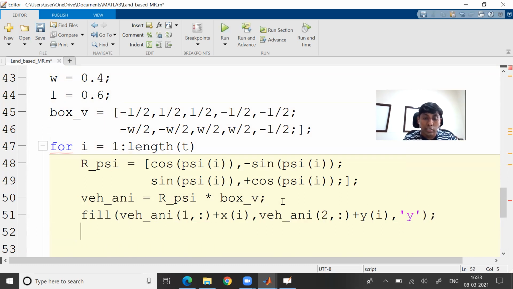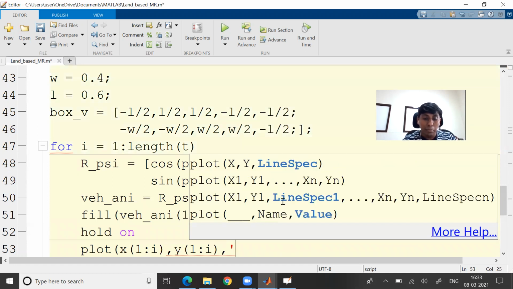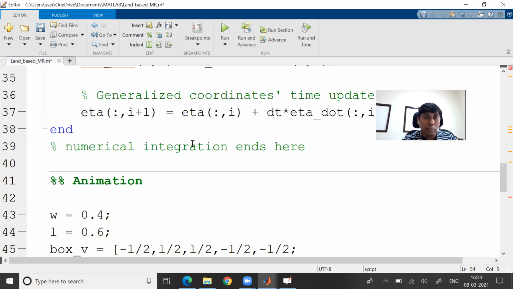I want to show that it has the profile of the center, or you can say the time trajectory of the CG point, how it varied in the XY plane. So probably I can add that. So plot X comma Y. That too, I will plot from 1 to I, so that it would plot only up to the instant till which we have run. Okay, so that I'm putting in a blue color. Okay, so then the same thing you can make. So you can put it.